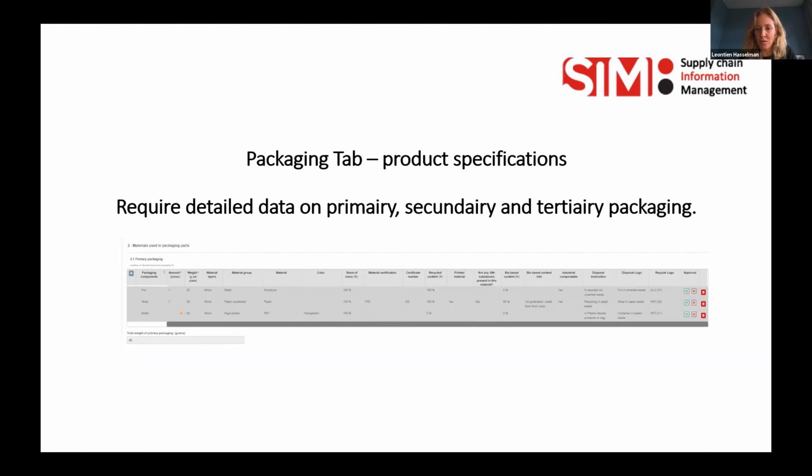And we thought we would start a project on what type of information we need to collect on packaging for all private label and fresh products of an average retailer in the Netherlands, in Sweden and in Switzerland. So we got a user group of our companies together to decide what type of information we needed to get from every product in their supply chain. We thought it was a project for 3 months, but actually it took us 1.5 years, because we wanted to integrate all of the national legislations in these European countries, but also follow all of the EU directives on what information needed to be collected,